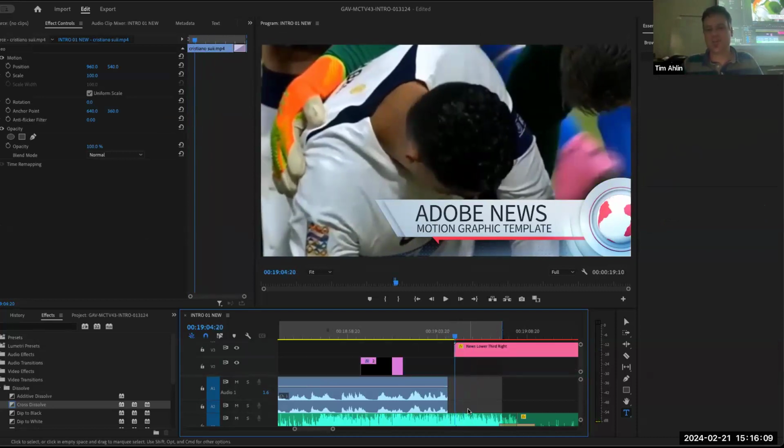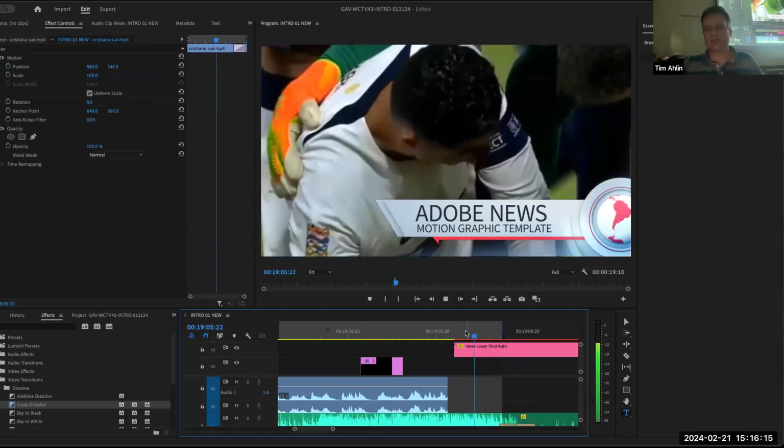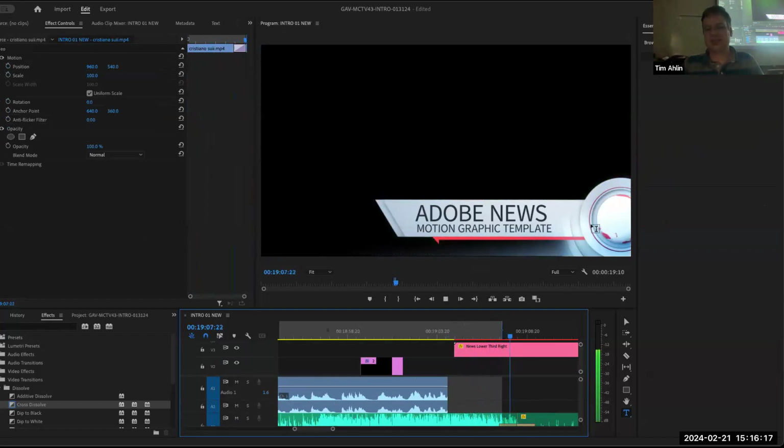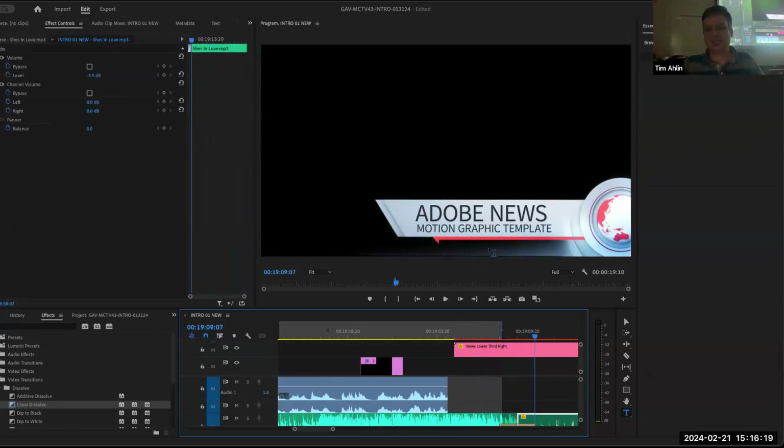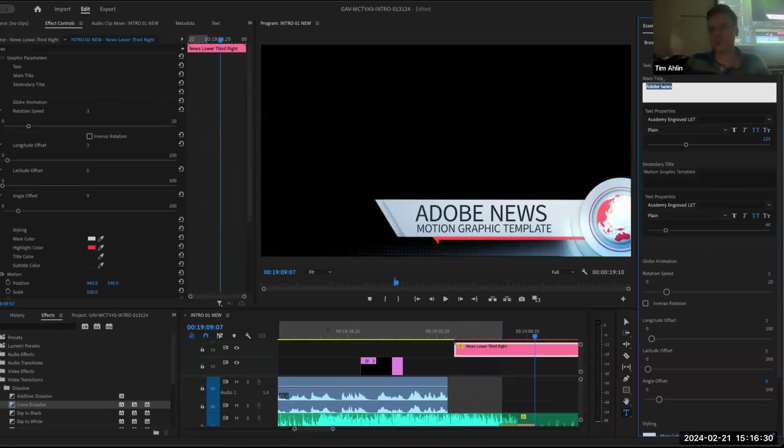Well, you can make one, and it's easy to make one of these once you know how to build the graphics. But you can see, look, it's red, but what's interesting is there's multiple layers. There's an opaque layer. There's that going around. And what's fun about this graphic, super fun, Tim, is we can go